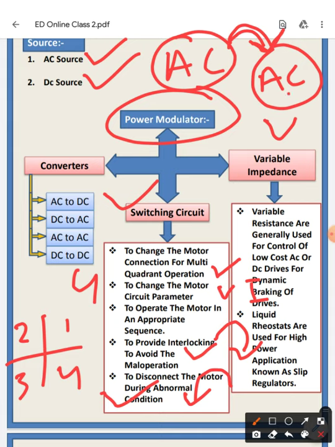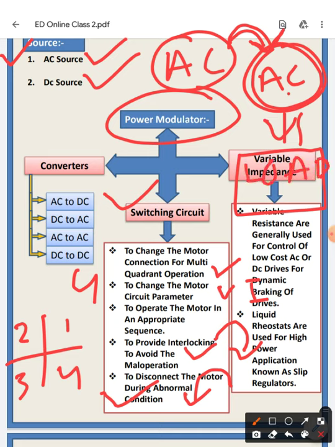Yes, you can directly supply, but the problem that may happen is that whenever there is a slight variation at the input end, the input AC voltage, it may maloperate your AC drives. Subsequently, the load which is connected to this motor will see a variation in speed. So the production or the useful work will be hampered, right?